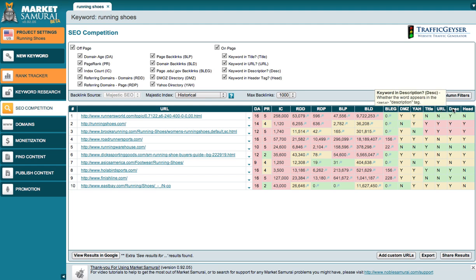which again, self-explanatory. Does the keyword appear in the description? And finally, does the keyword appear in the header tags? These are your H1, H2, H3, and H4 tags that help determine how important and how targeted a page is to a specific keyword. If you're feeling overwhelmed by the sheer amount of data on the page, or feeling you